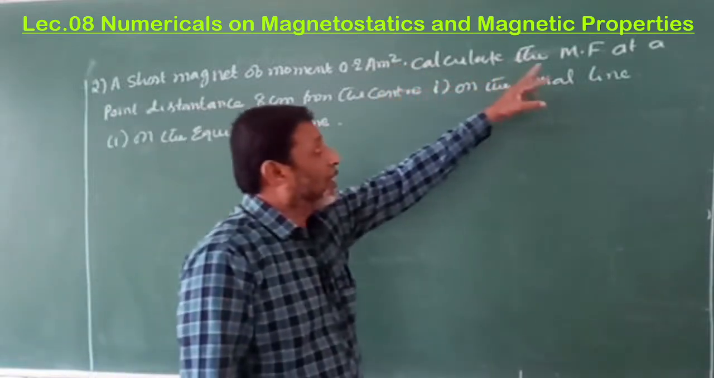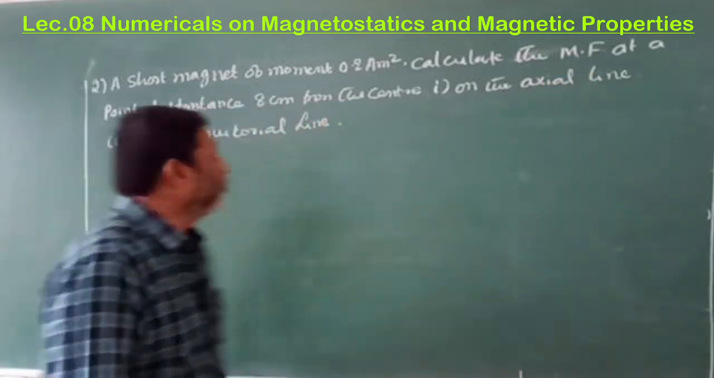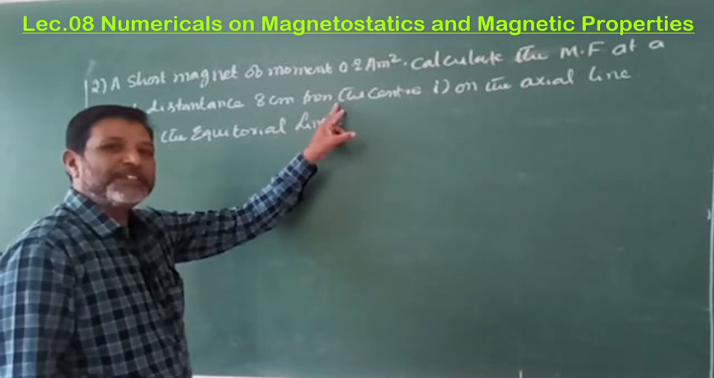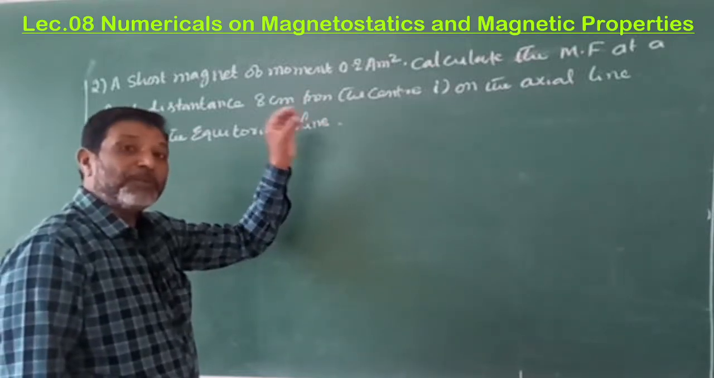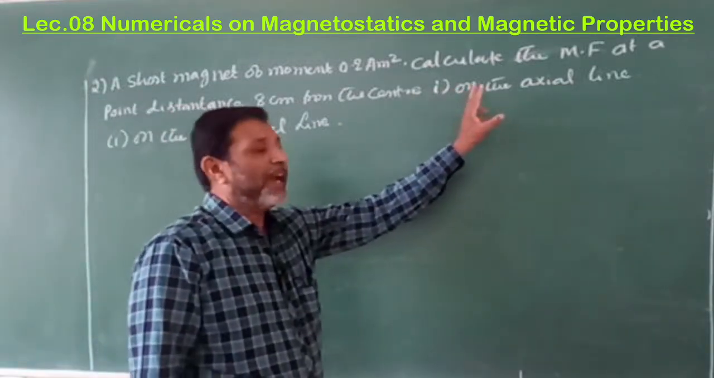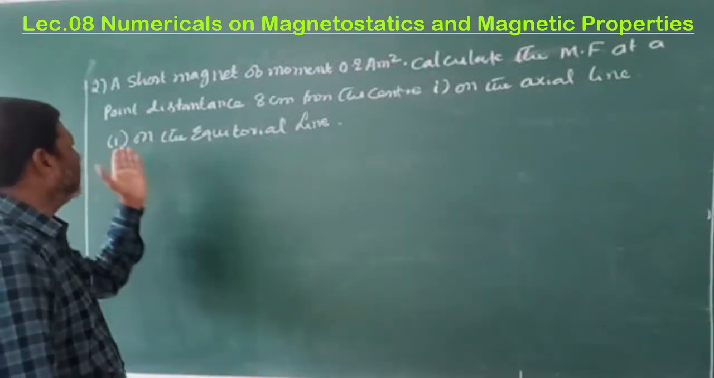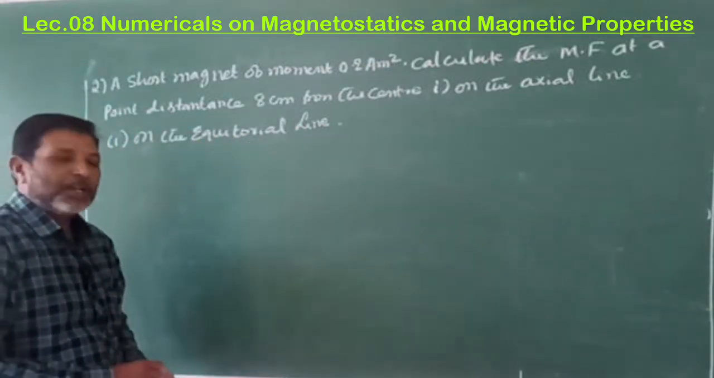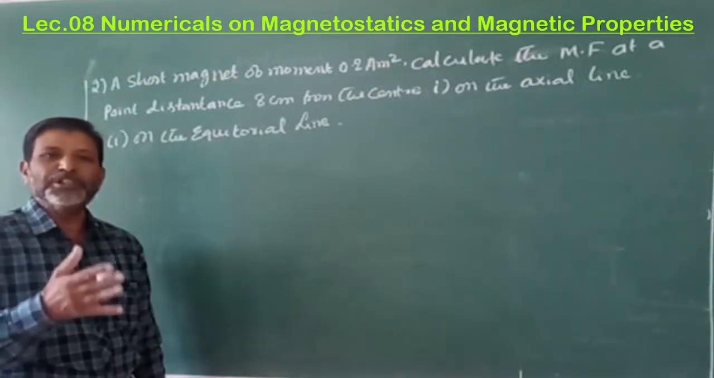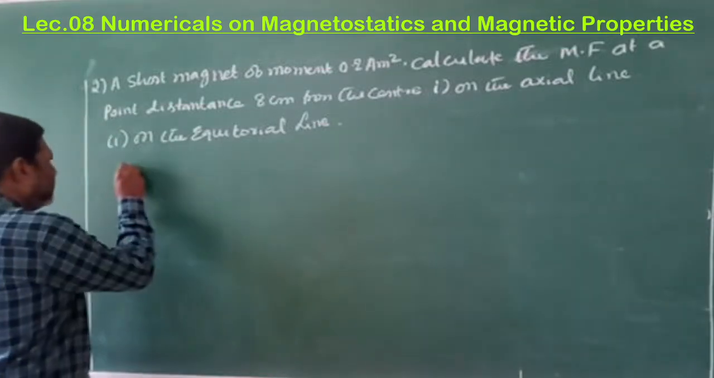Now, calculate, in short form I have written it as MF, the magnetic field at a point at a distance of 8 centimeter from the center of the magnet. Then what you have to do? You have to calculate the field along the axial line of the bar magnet or dipole, and second, on the equatorial line. Now, it is very simple. If you remember the concerned formulas, just substitute the values, simplify, and you will get the answer. Now here, it is given